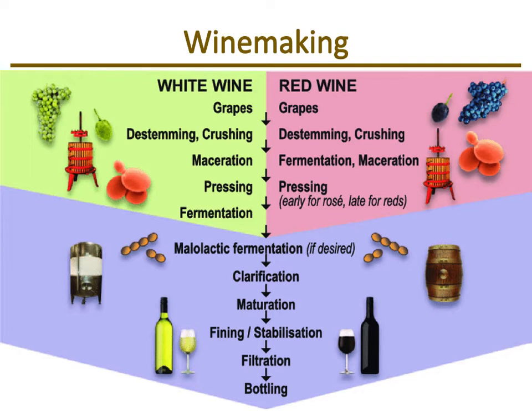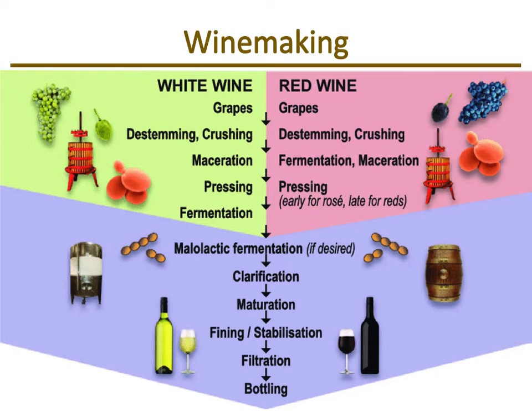Wines fall into different categories. The major categories would be white wine versus red wine. Then within that, you can have differences based on acidity, so whether it's a dry or a sweet wine and such. So there's further breaking down, but looking at the general process with white wine versus red wine, your starting material